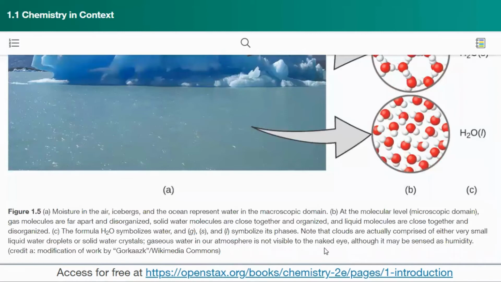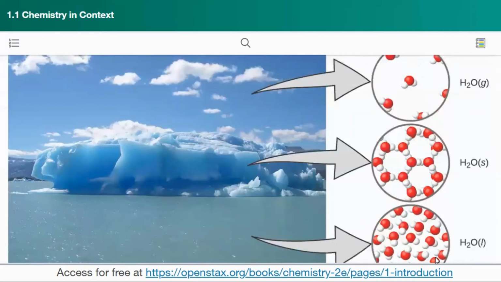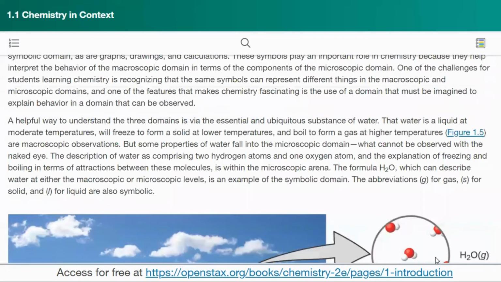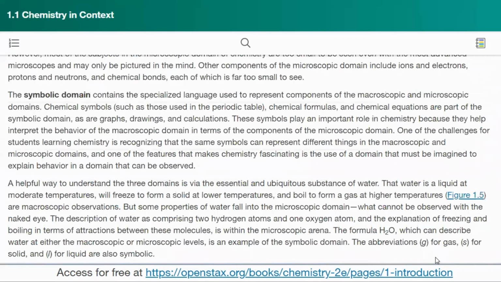Oh, here it is. Note that clouds are actually comprised of either very small liquid droplets or solid water crystals. Gaseous water in our atmosphere is not visible to the naked eye, although it may be sensed as humidity. Okay, so I'm glad I read the caption just to make sure that I understood that correctly. Yeah, I still remember some of my old aviation training, the different kinds of clouds. Anyway,